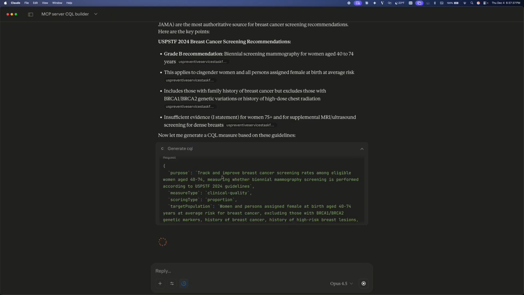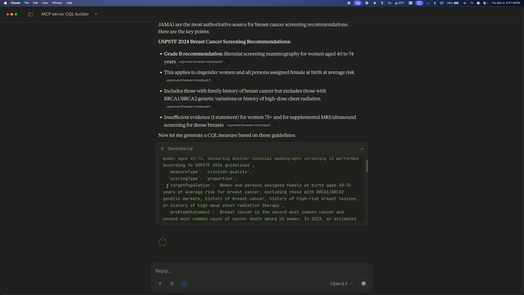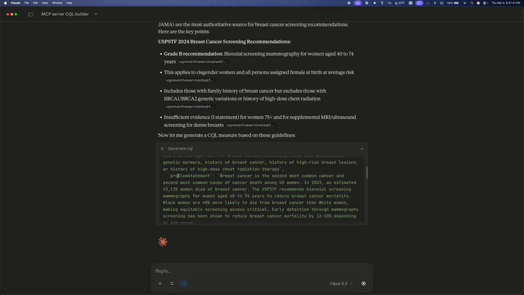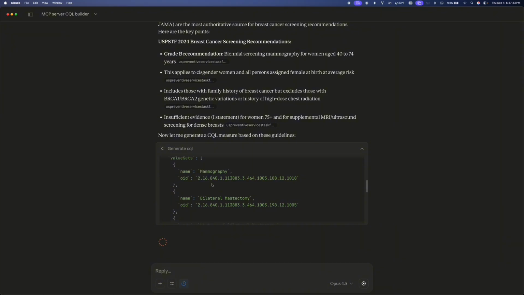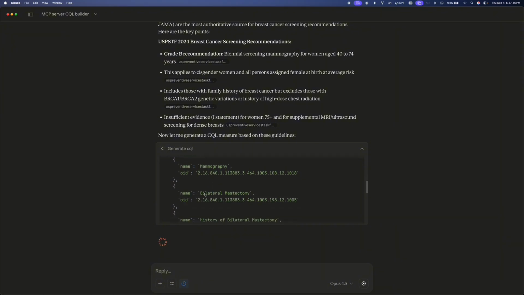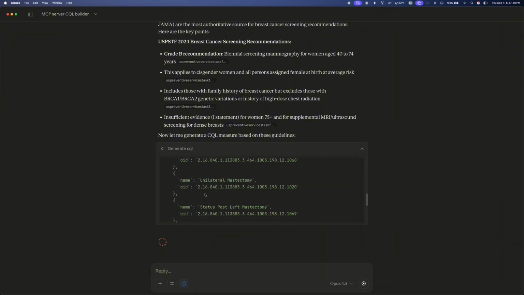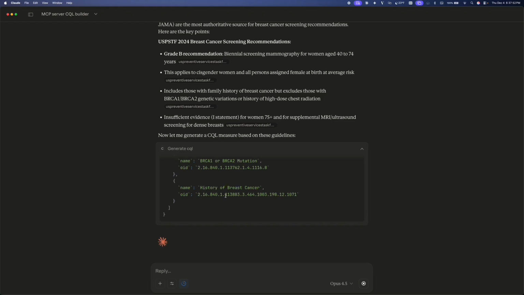So we have the purpose, measure type and scoring type, the target population, and a problem statement. As you can see, it also retrieves the following value sets that are applicable to this particular measure based on the guidelines.